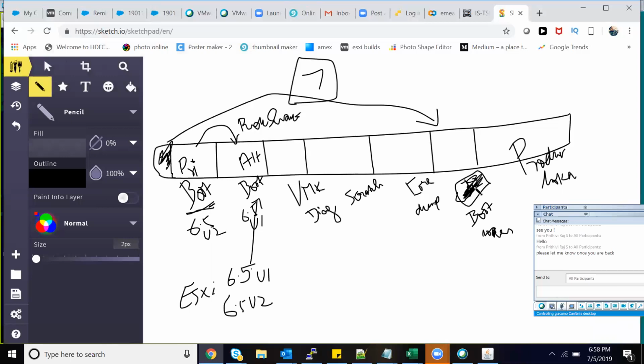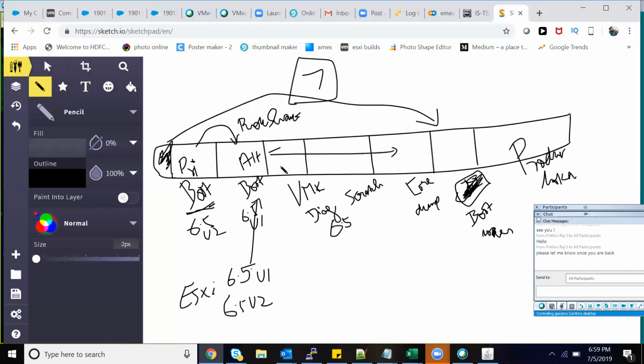Now the next is called VMK diagnostics. This was introduced after version 6.5. Before that, they did not have this partition. What is the use of this partition? You have to configure logs on all the ESXi hosts. When you install ESXi, by default logs are stored in a normal location. In case you want to move all the logs to another location, you need a partition for that, and that's why we have this partition.